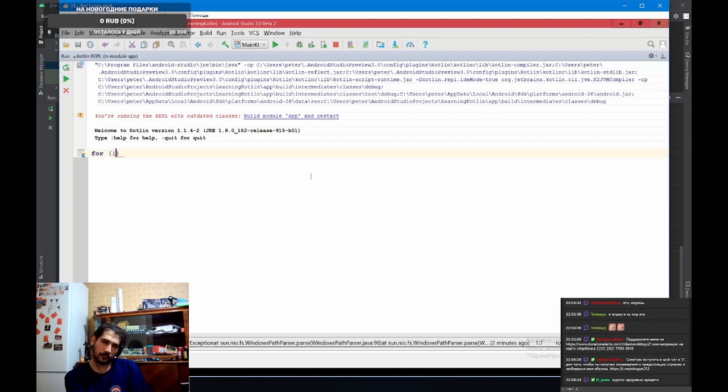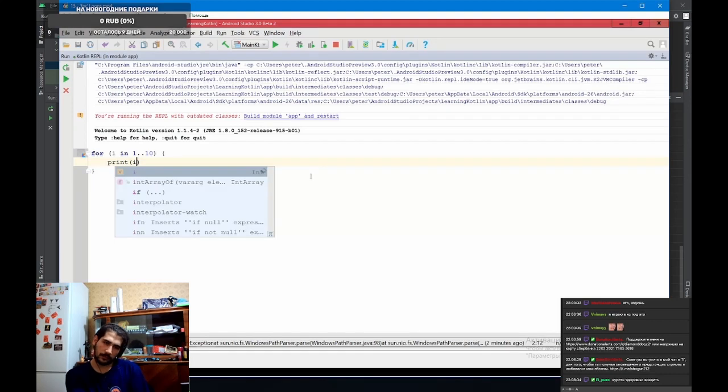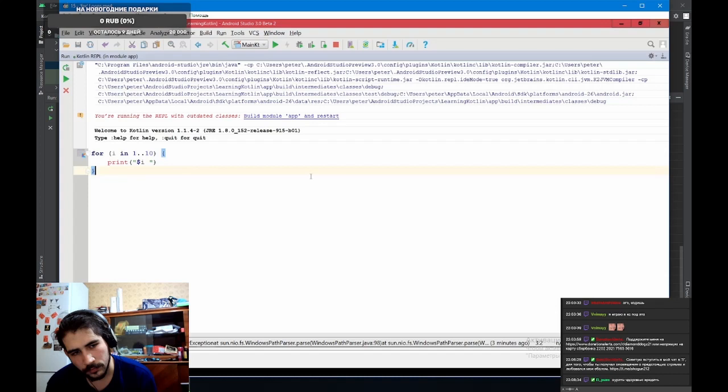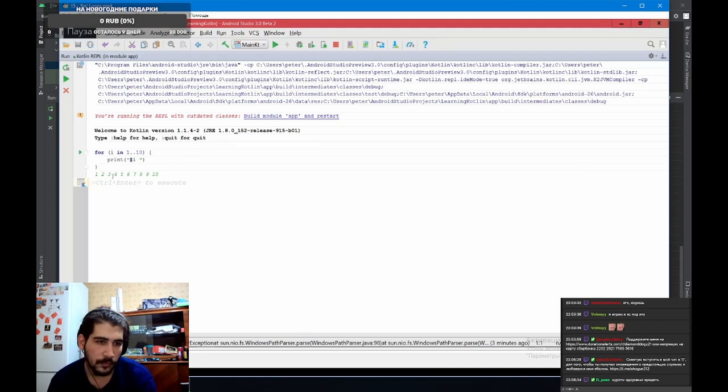Now the first most simple example might be a loop that's just going to be executed 10 times. So we could go ahead and say for i in 1..10, and then we could go ahead and, for instance, print out i. And maybe add a space to this, so we're going to print out i plus a space so that we can actually differentiate each of the outputs. And now when I press Ctrl Enter, it's going to come back with the numbers 1, 2,